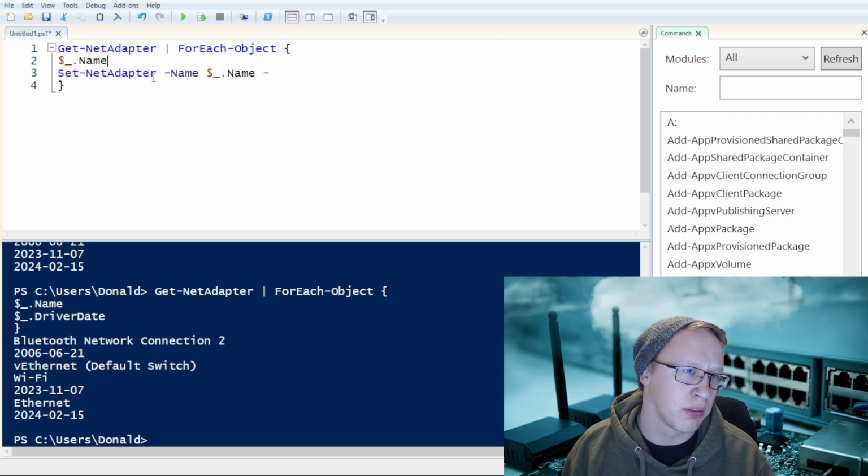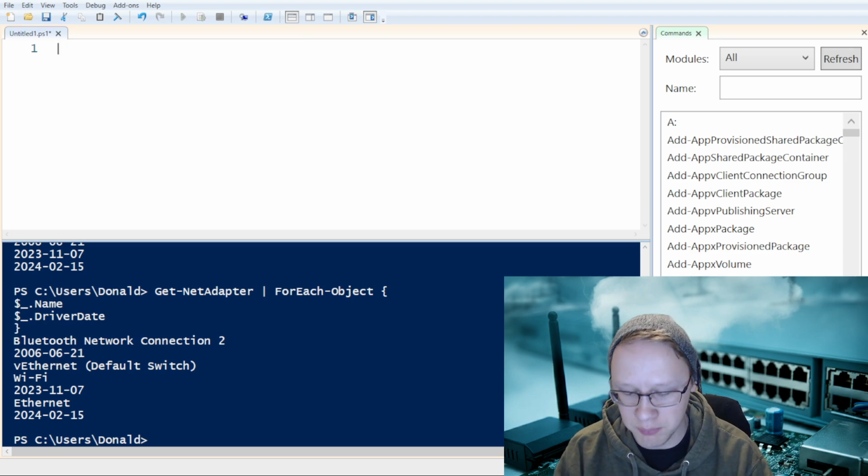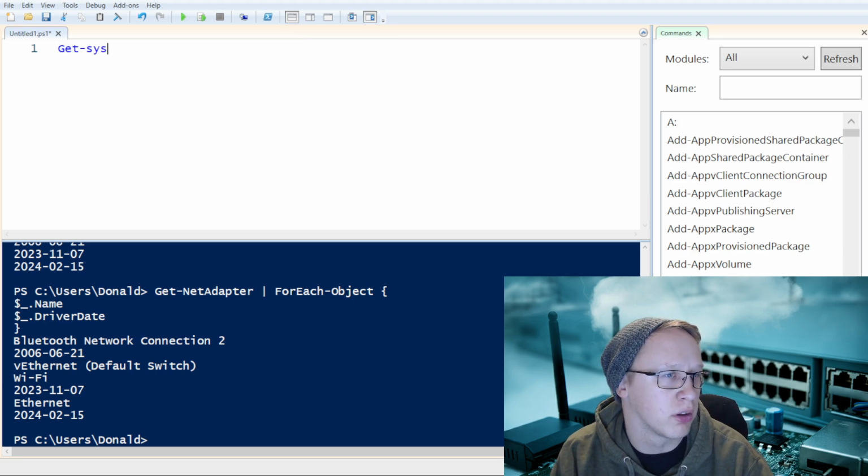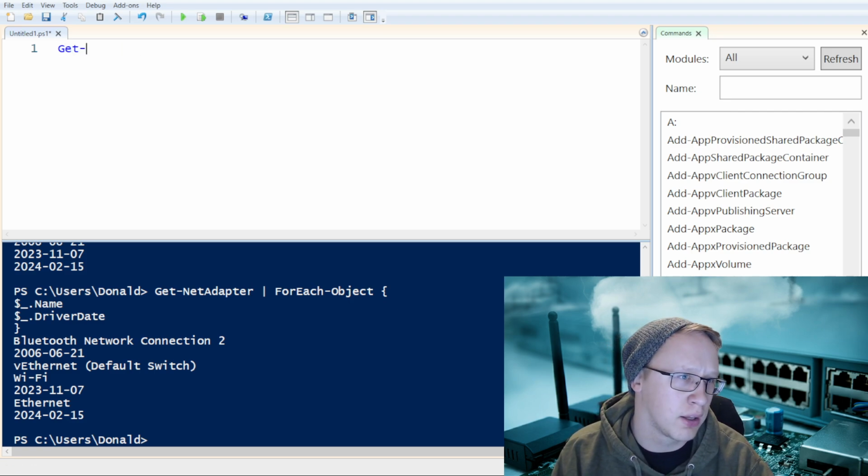So looks like there's not a lot of things that we can set with this at the moment. So let's see if there's something that we can set. We get some sort of system information. Nope. Let's try getting